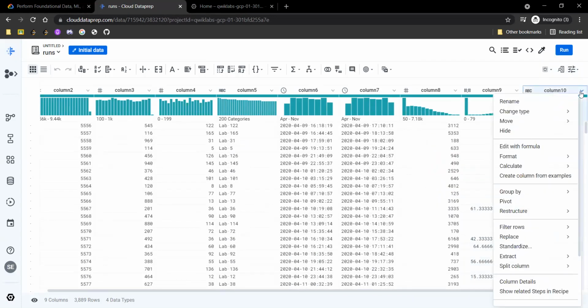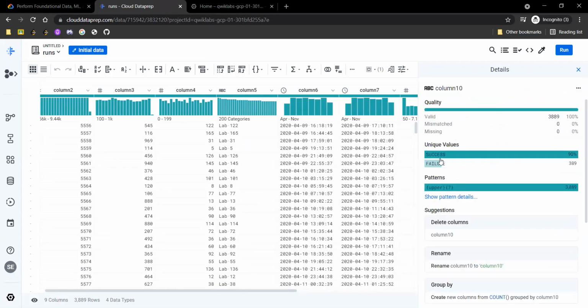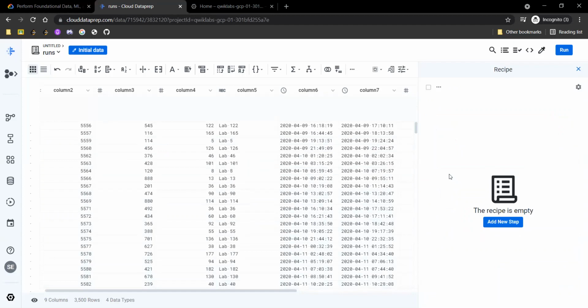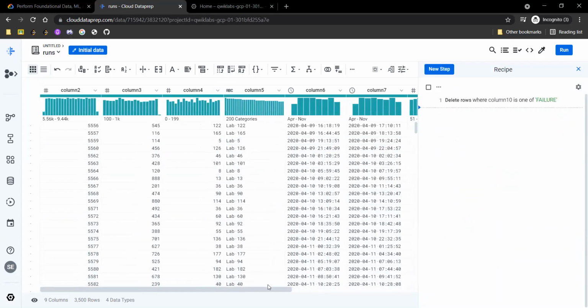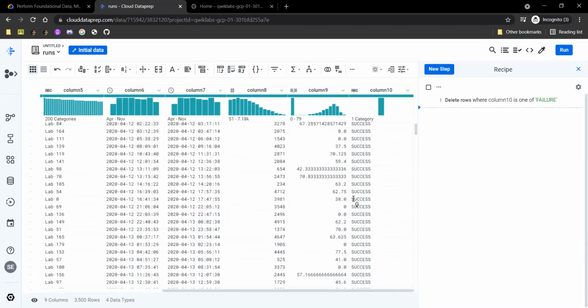Yeah, you just need to click on this icon and then click on column 10, click on failure, right click on failure and delete rows with selected values. And let's check if the column is modified or not. Yeah, so the column is modified successfully. All the values are success.